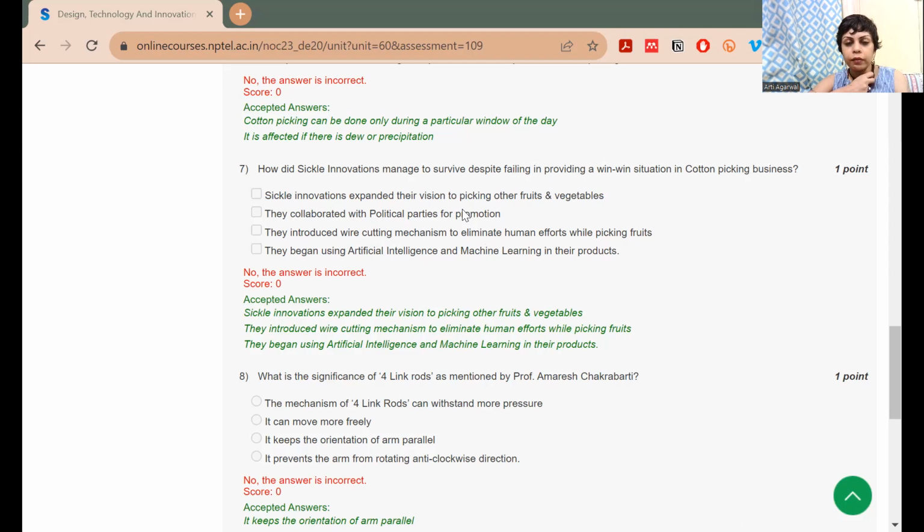This is not mentioned anywhere in the lecture, or even on the website for Sickle Innovations, so I'm going with this is not true. Third option is they introduced wire cutting mechanism to eliminate human efforts while picking fruits. This is correct. If you see the Sickle Innovations website,